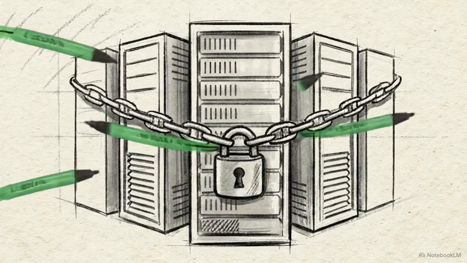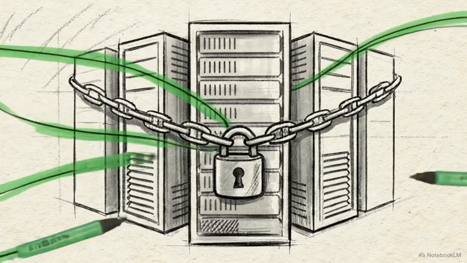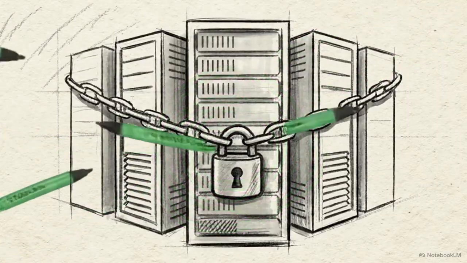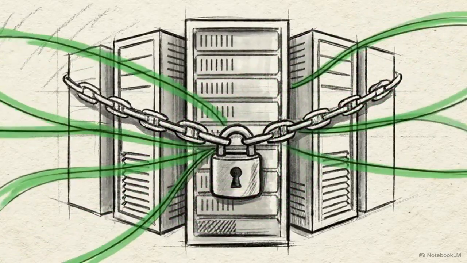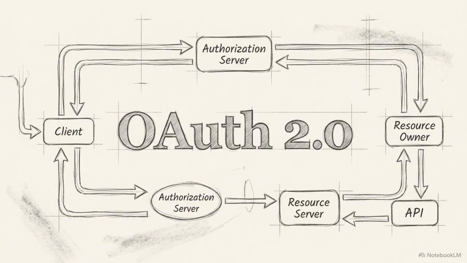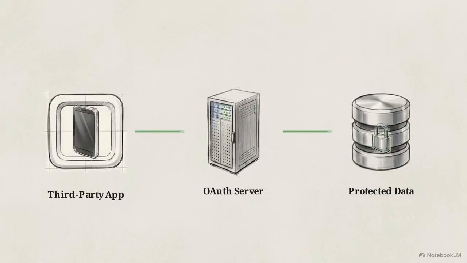The modern digital economy runs on a continuous, invisible exchange of trust. Every time you log into a new service using an existing account, applications are seamlessly trading permissions in the background. Since 2012, the framework governing those permissions has been OAuth 2.0. It acts as the routing system that lets third-party services access your data without ever needing to see your actual